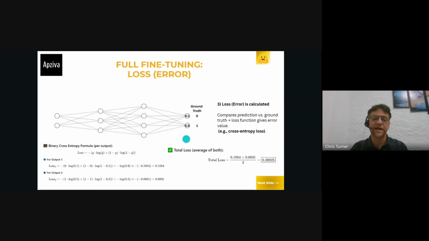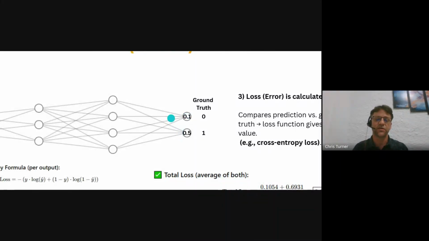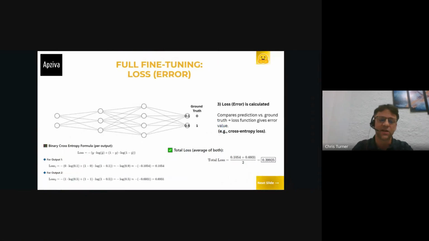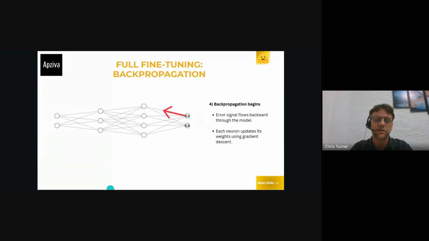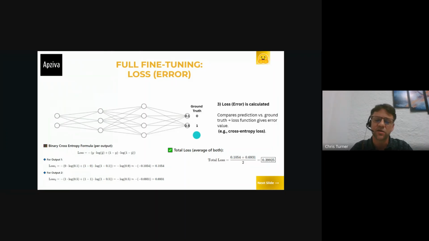Once the numbers reach the output layer, we have the result of this forward pass of the network. So in this example, we have a result here for this neuron is 0.1, and we have a result for this neuron here, which is 0.5. And so now we need to calculate the loss or the error of this run of the network. To do that, we're going to compare the values of the output to the known ground truth values of this data. So here 0.1 is pretty close to 0, and 0.5 is not so close to 1.